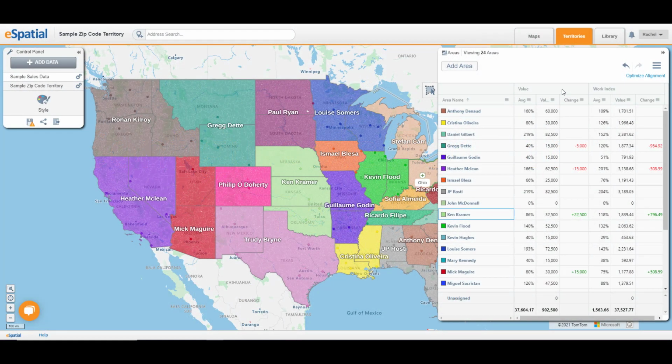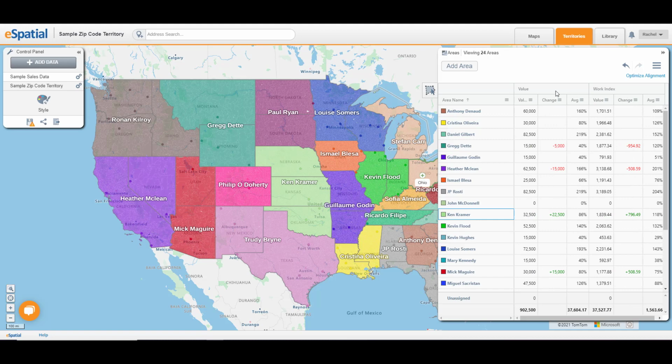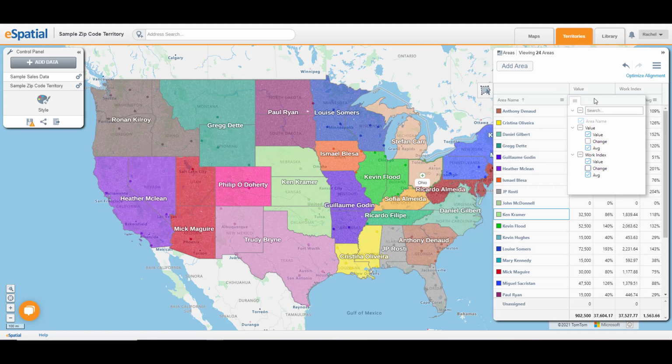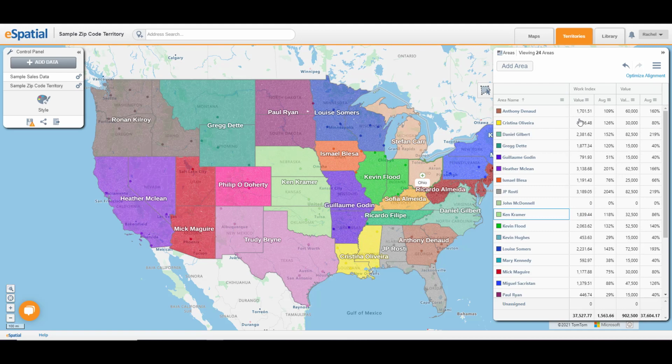Another highly requested feature that we have implemented as part of our new release is a configurable territory panel. This allows you to choose which balances to display in your territory panel and whether they are displayed as your average percentage, the exact count value in the territory, or the count change compared to the last saved point. You are able to sort your territories based on your highest or lowest values, and you can also move and hide the columns so that you can view those most important to you.